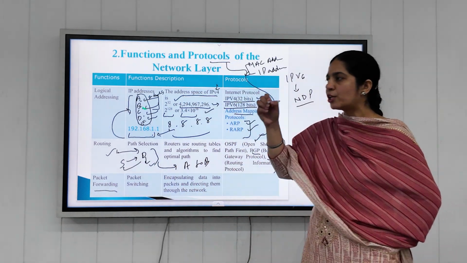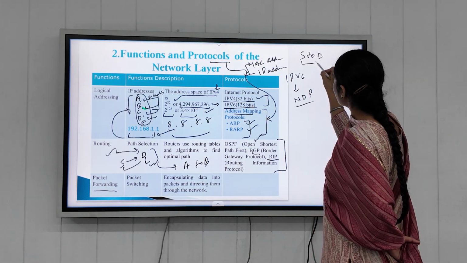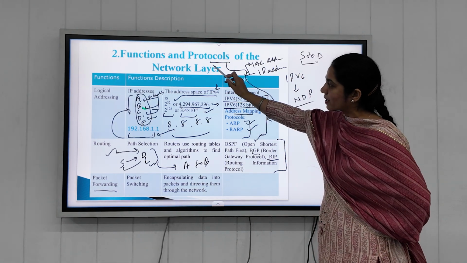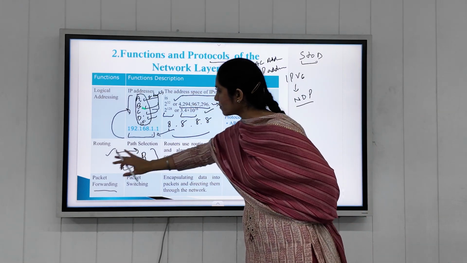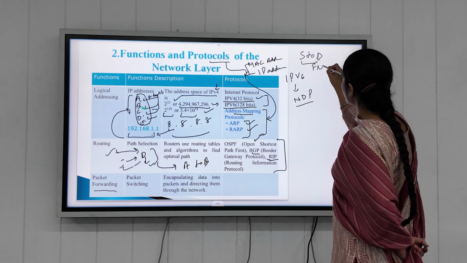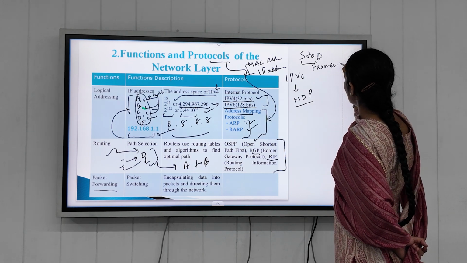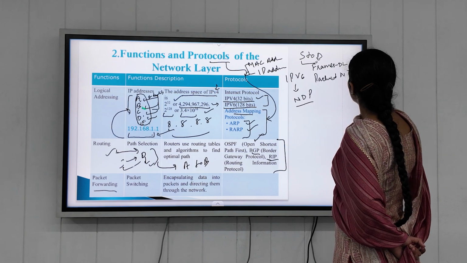Packet forwarding means that when you are sending data from source to destination, we are sending packets, because, as previously covered, the data to be sent should be in the form of frames at the data link layer and in the form of a packet at the network layer.